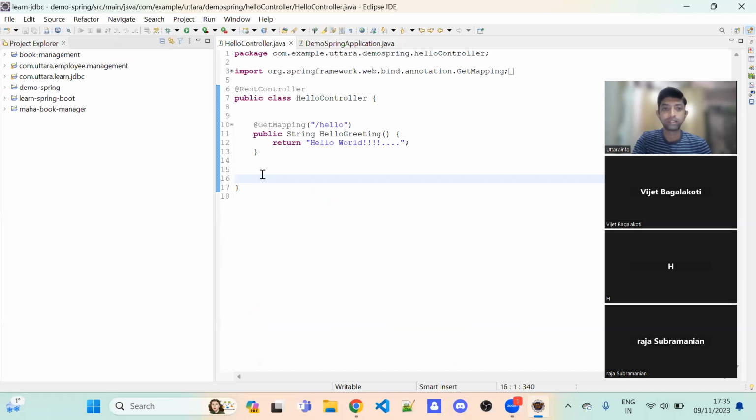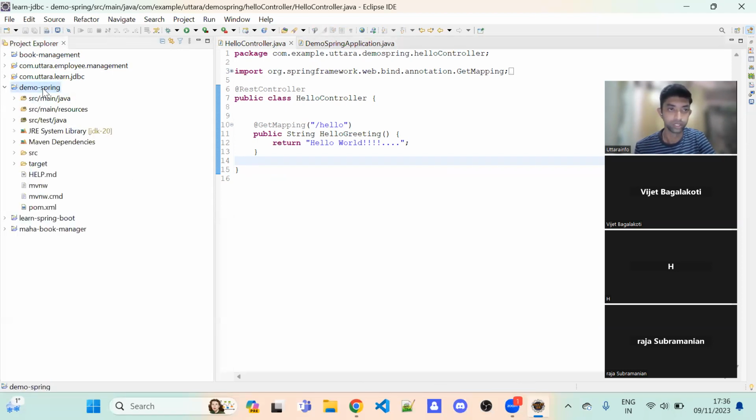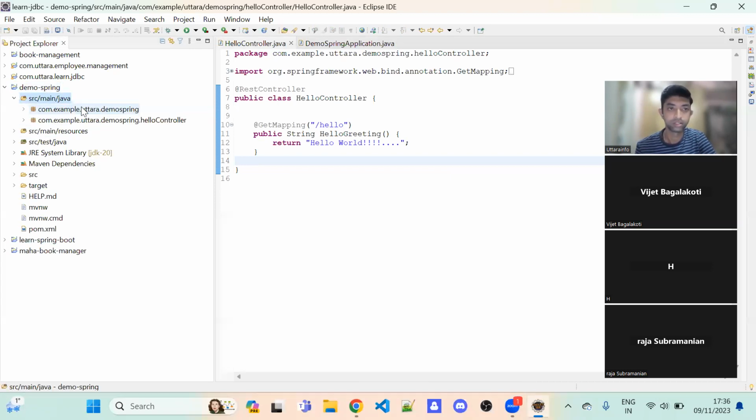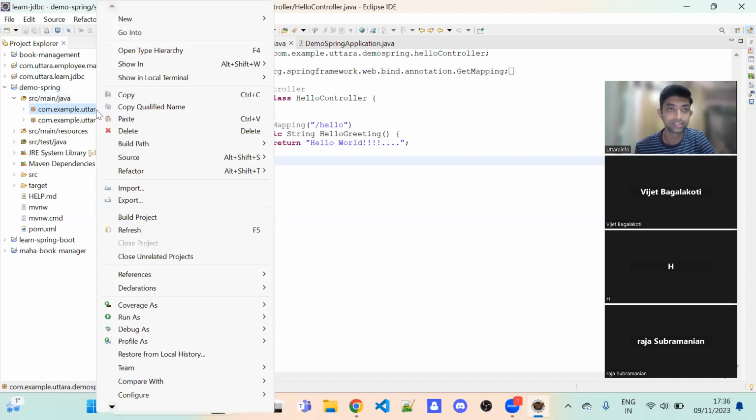Yeah. So here I have written hello controller. Now I will consider a student object. I want to send a student as response when I'm asked to send. Okay, how do I do that? We have this here, which belongs to demo Spring, right? Demo Spring. So in this same source main Java,